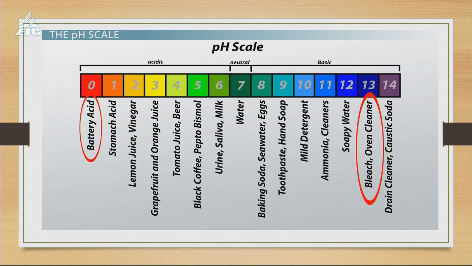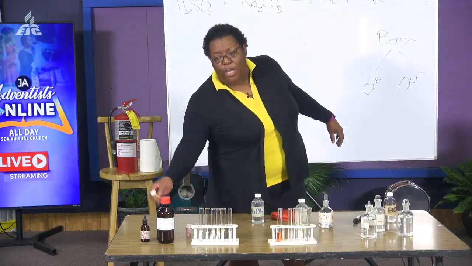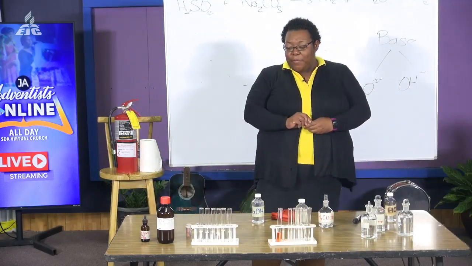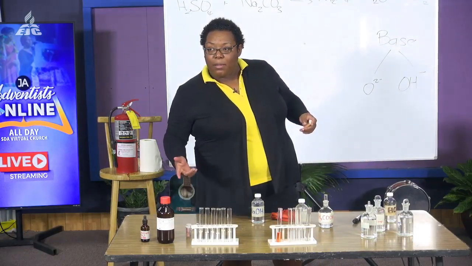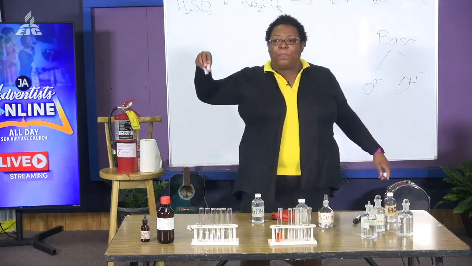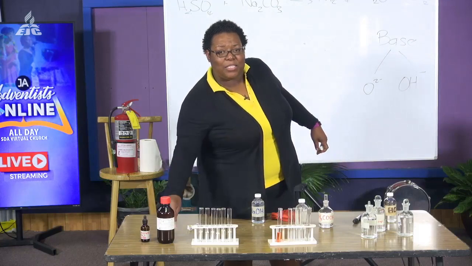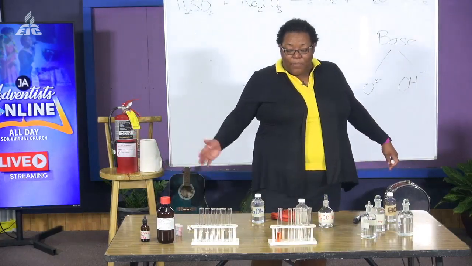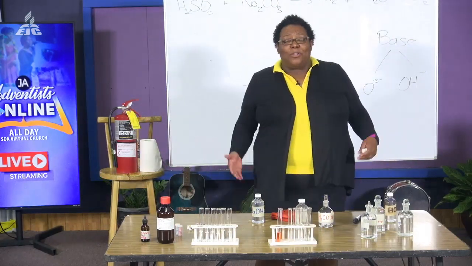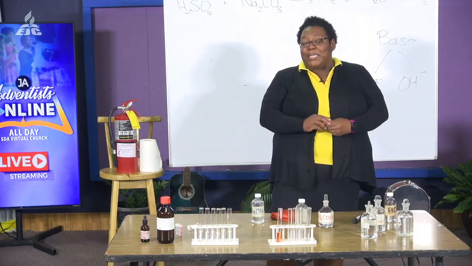All right, so we're going to move again to our workstation. This time we are using universal indicator. So again, the litmus paper, the phenolphthalein, the screened methyl orange told us